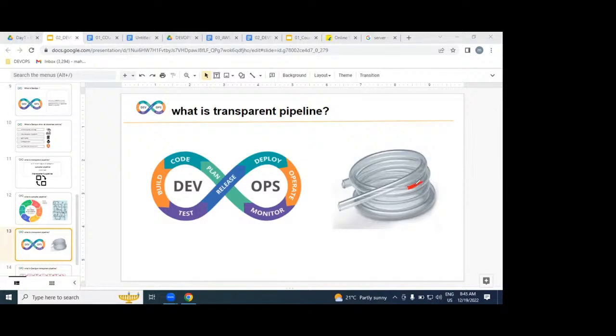The same way in the DevOps process, because DevOps is an automated, transparent process. In the middle, if you get any issue or problem,